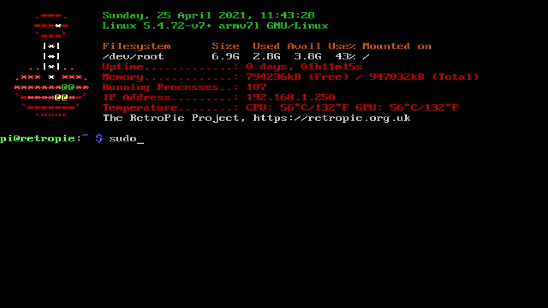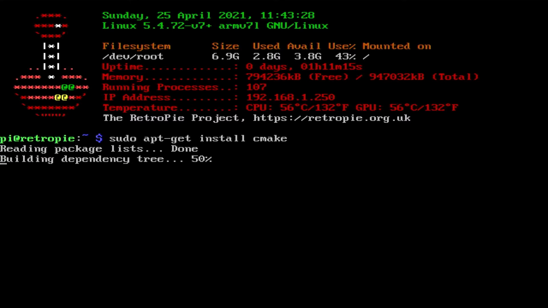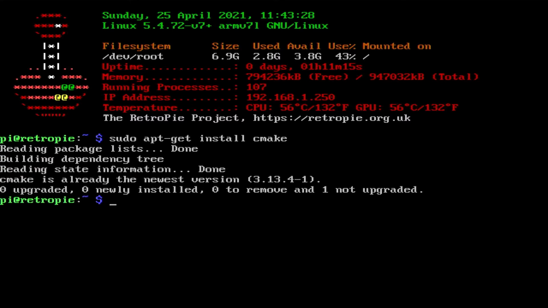So first of all, we need to make sure that we have the ability to create make files for the compilation. So we need to install a little utility called CMake, which is probably already on your Raspberry Pi. But just to make sure that it's there, we just do sudo apt-get install cmake, and that makes sure that that little application is in place. We're then going to have to download the repository. So we're going to do that into our home directory. So if you're not already in your home directory, do cd tilde, and that will take you to your home directory. We're going to use git to clone the repository down, and the repository we want to clone is in